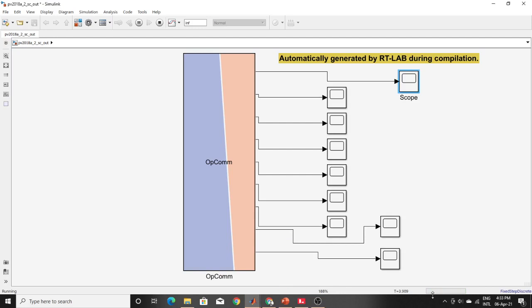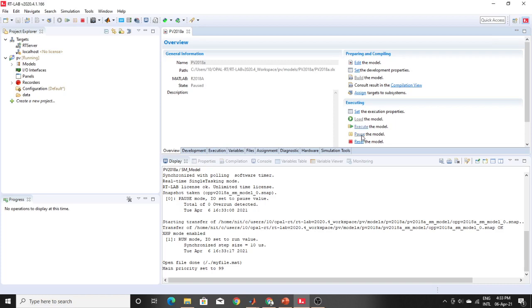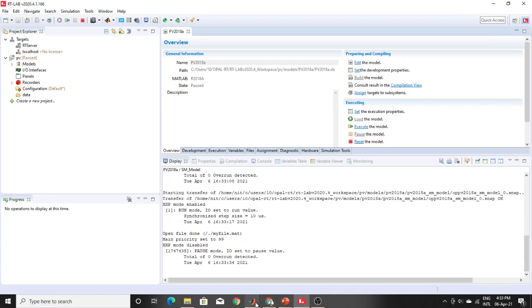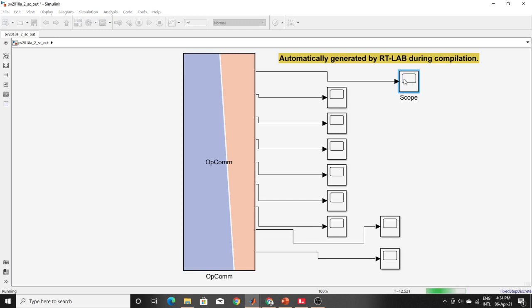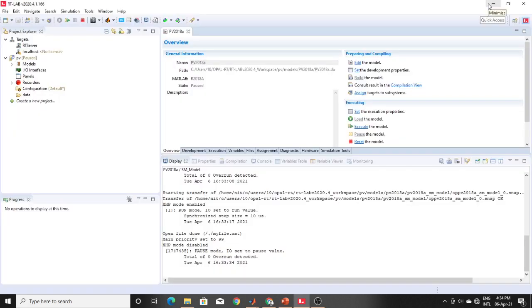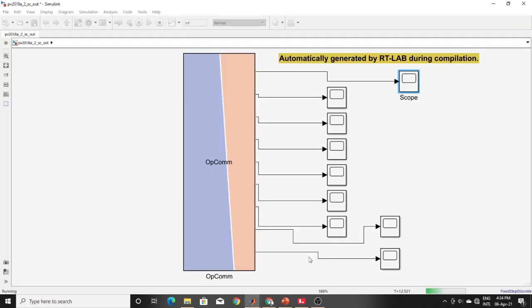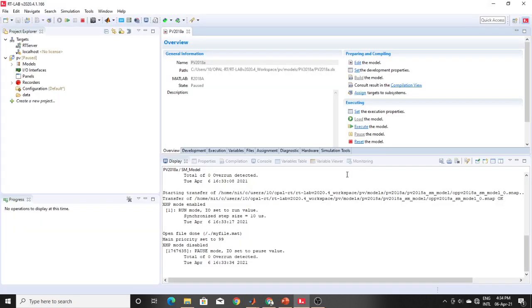Here it's coming, look, it's going on, my model is running. Okay, don't do anything here, let's go to pause. Just pause it. You can take the result from here, but the best way to take the result, I told you at the start of the video how to take it. I'll show you. First, reset it.